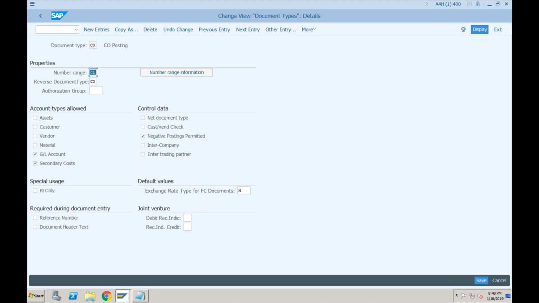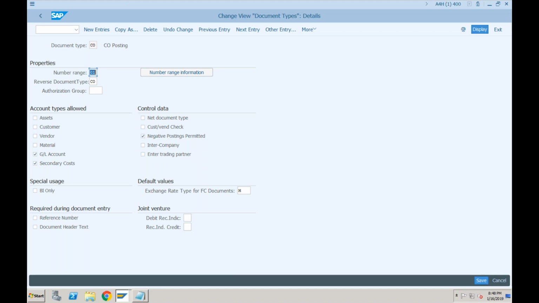to the CO object. Okay, so for example, let's say what documents you post in CO, you perform the distributions, you perform the assessments, you do the settlements. Okay, so in the system, all these documents were created in CO earlier and there was nothing affected in FI. But now if you remember, I told you CO and FI are going to be stored in one table, which means whatever postings you make in CO, they will also go to Universal Journal Table, ACDOCA.